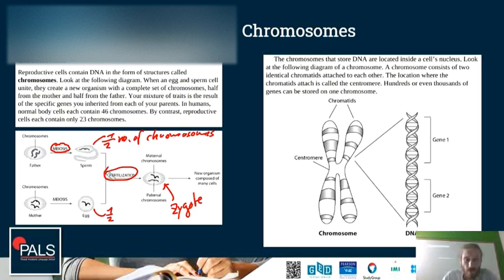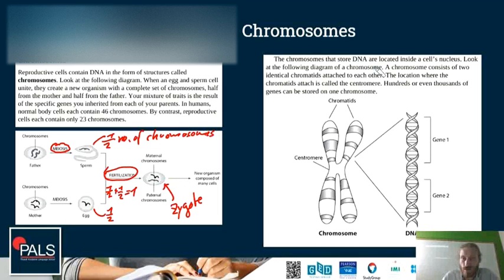These two cells unite, and we know that a half plus a half is 1. So the new cell has one complete set of chromosomes again. That's very important, that the number of chromosomes is correct. That cell will then divide and pass on the correct number of chromosomes to all the other cells of the new organism.